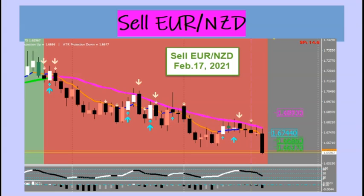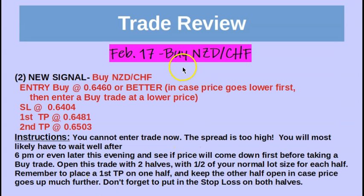Okay, so let's go on to the third and final signal of last week, guys. This was the buy New Zealand Swiss franc. Okay, and this again was another winner, so let's take a look. It's a buy New Zealand Swiss franc. Here is